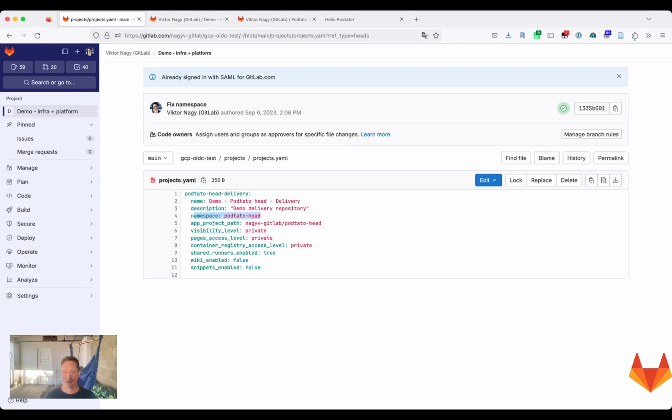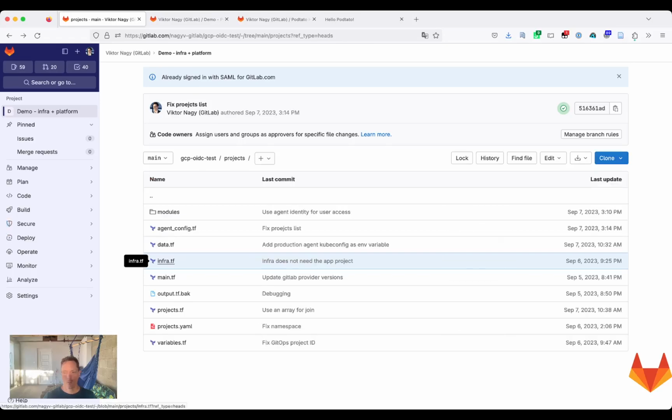In this case, I will deploy the application into 2 namespaces in the same single cluster, one called potato head and the other with a suffix of dev. There might already exist an application project, so they have to provide the path to that project and a few other settings just to configure the project itself. With this simple configuration, when the user wants to start a new project, they want everything to be kicked off. They start this MR, you can collaborate on it in a merge request,